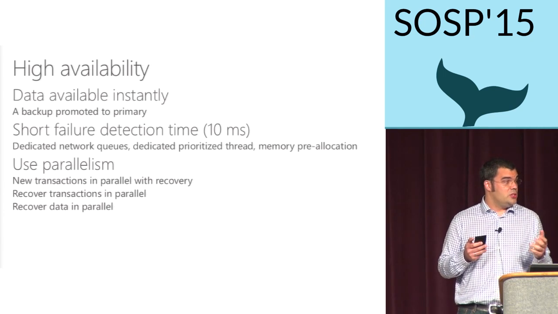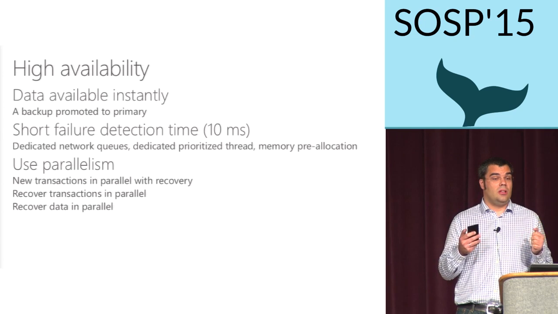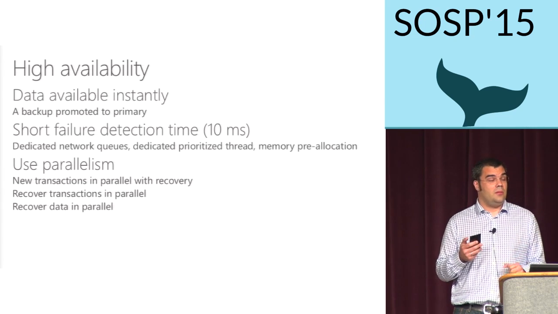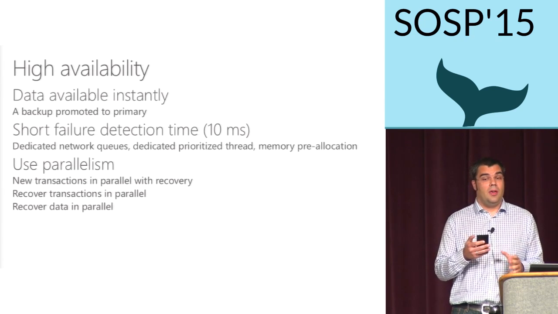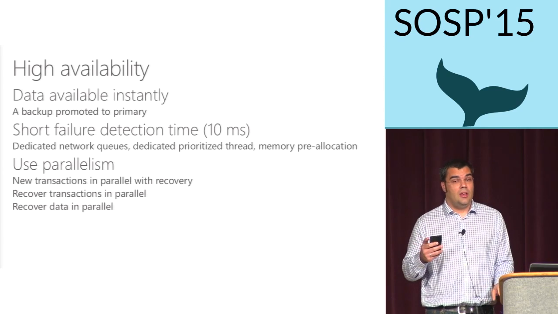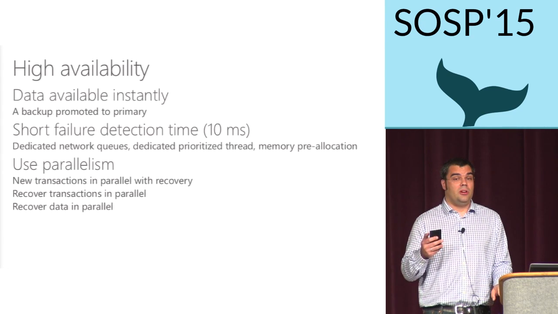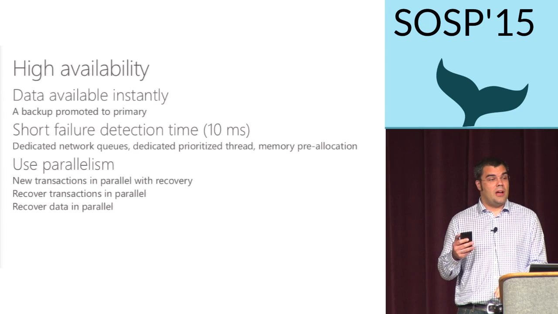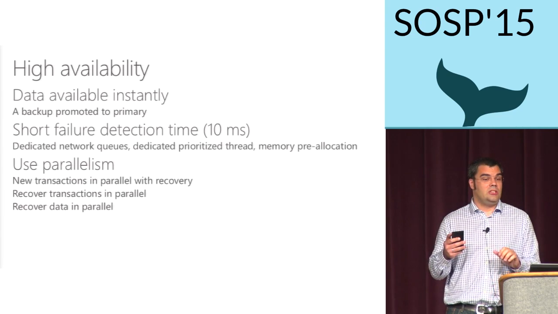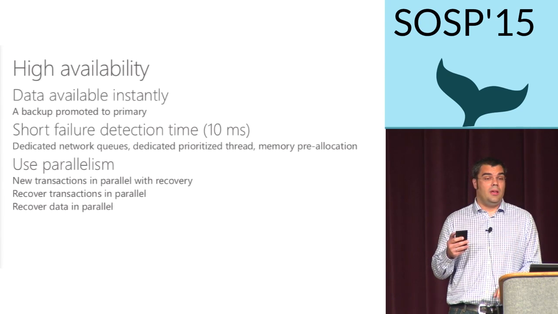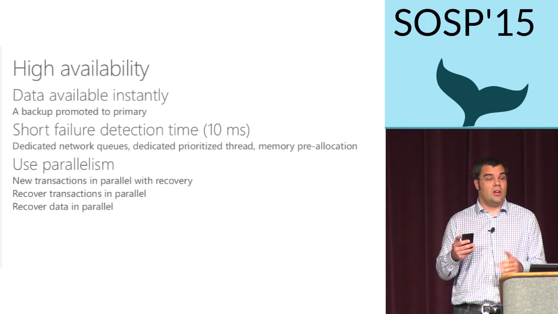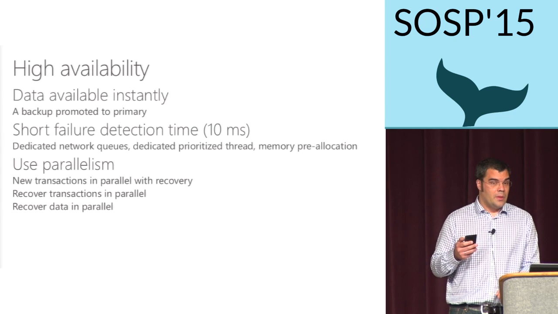We do this by using several techniques. One part of the reason why we have very high availability is that we keep both the primaries and backups of objects in main memory. So all the failed primaries can be replaced almost instantaneously by promoting a backup into a primary, which means that we can start accessing these regions very soon after the failure.